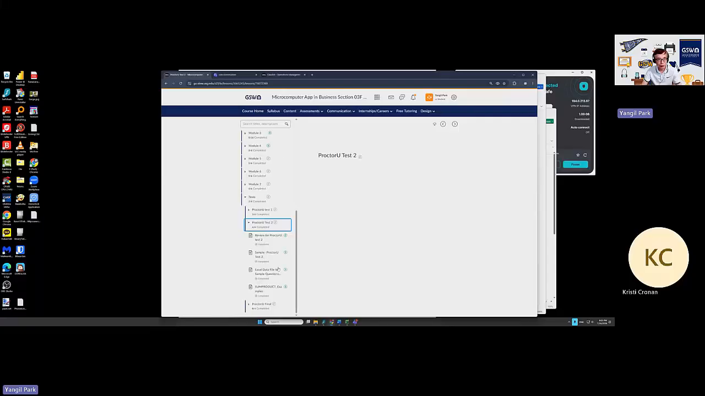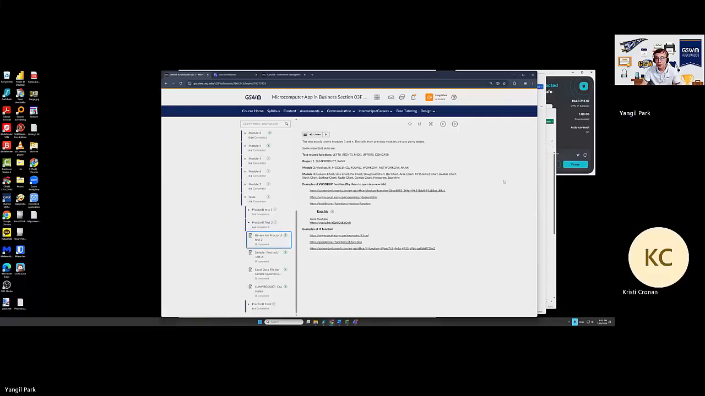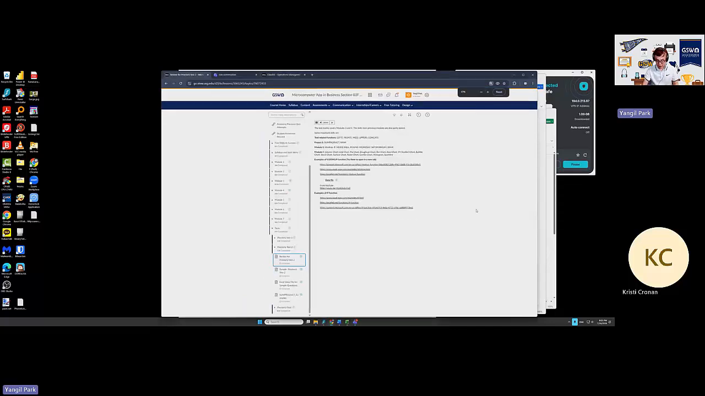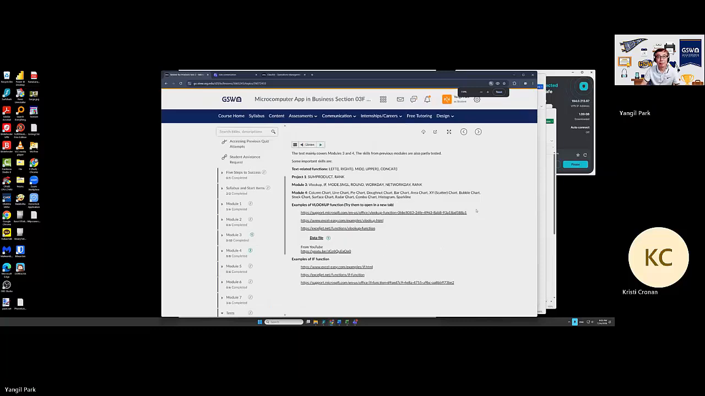Number 2, review. So this is a summary of what you're going to expect for the test. Mainly modules 3 and 4. On top of that, we have a few items outside the textbook, because there are a couple of assignments